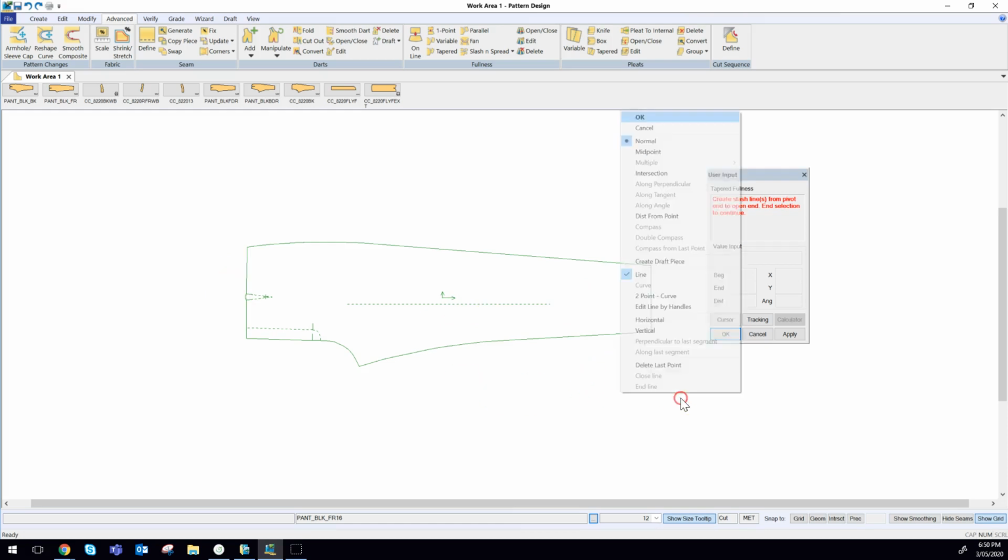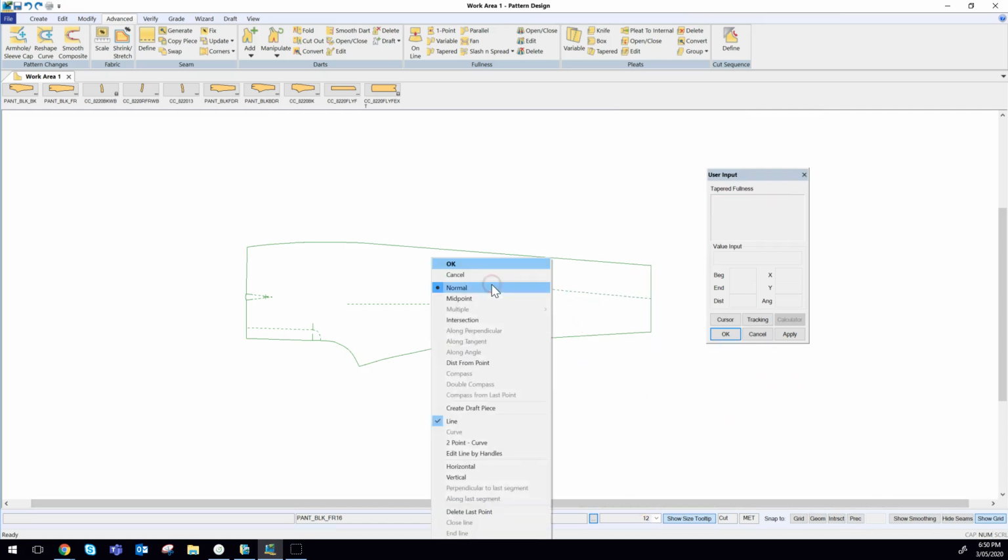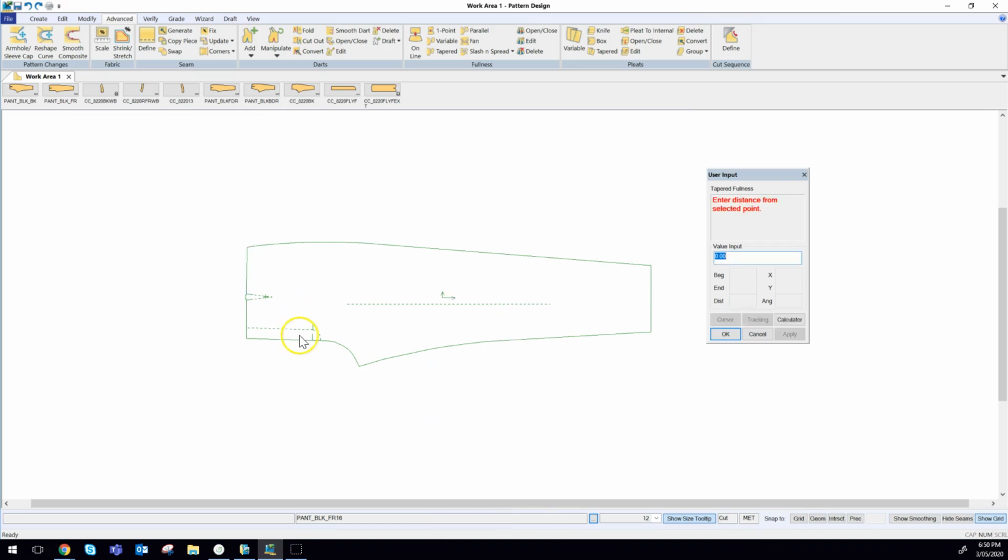So I'm going to right click and choose midpoint and click on my line here, and then I'm going to right click and choose distance from point, and I want it to be from the corner of the waist back inside 12 centimeters. So that's a negative direction. And we can see in here that it's got inside the dart area. Right click